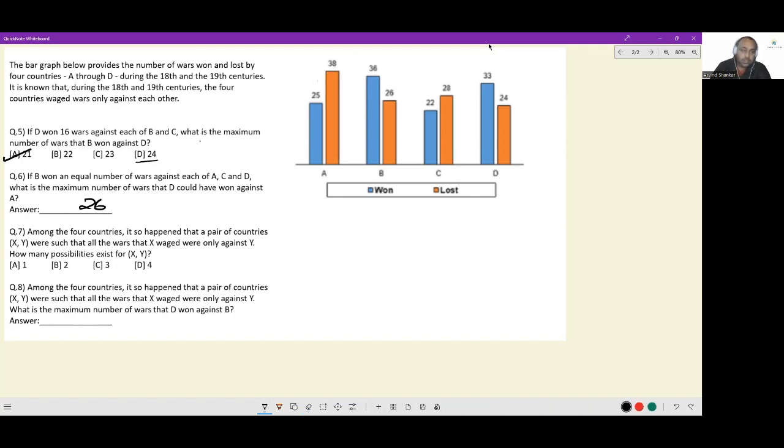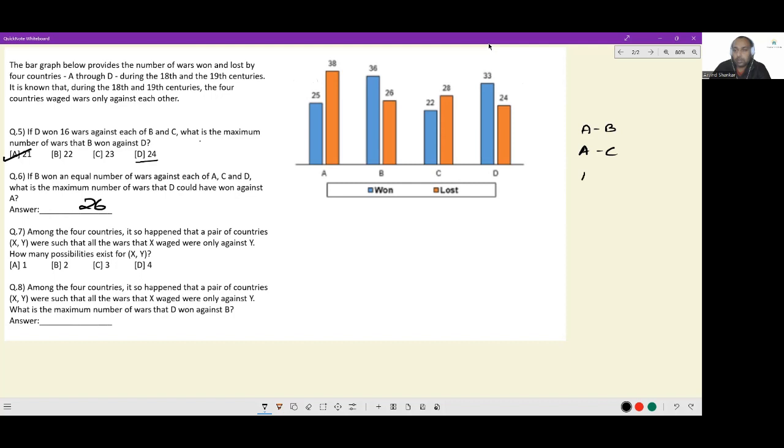Among the 4 countries, it so happened that a pair of countries X, Y were such that all the wars that X waged were only against Y. How many possibilities exist for X, Y? Now see, if all the wars that you have waged is only against a country, the possibilities are AB,